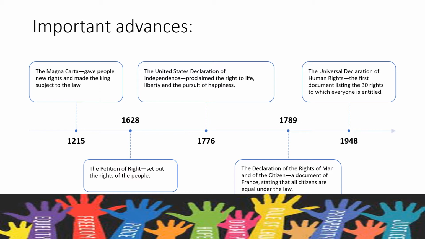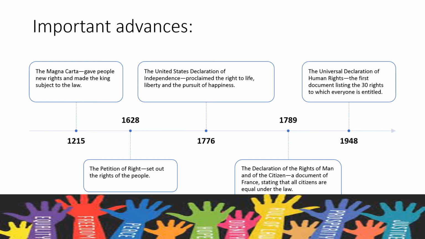And then in 1628, there is the Petition of Right, which set out the rights of the people. They itemized the rights of the people. And then in 1776, we have the United States Declaration of Independence. And in that proclamation, they proclaimed the right to life, liberty, and the pursuit of happiness. And nobody would ever recognize that the pursuit of happiness is crucial and that it can be a right